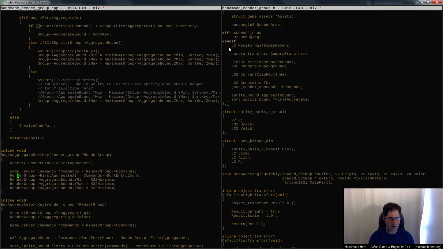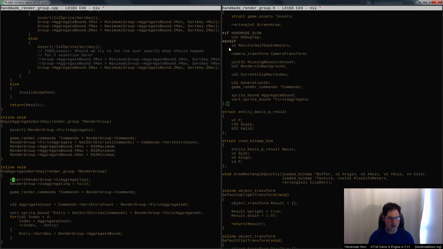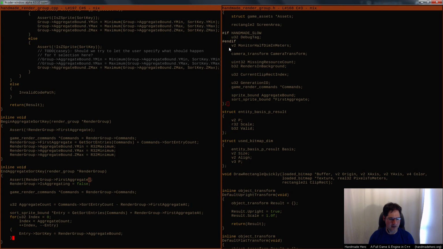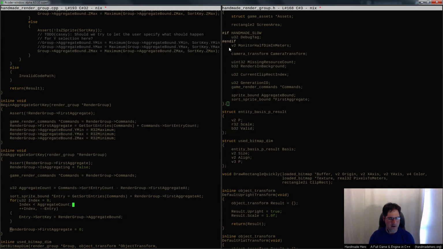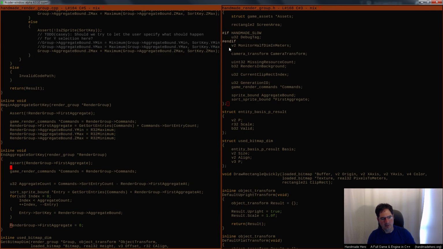When we come through here, we'll set the first aggregate to get sort entries, sorry, I'm never going to get that right, plus sort entry count. So whatever the first aggregate is, whatever the current one is. And then we'll save that. Then here we'll assert that we've got one of those. And at the end, we'll just set it to nothing.